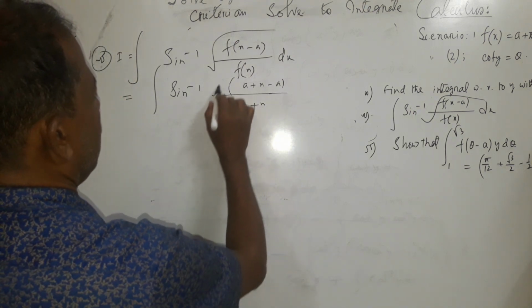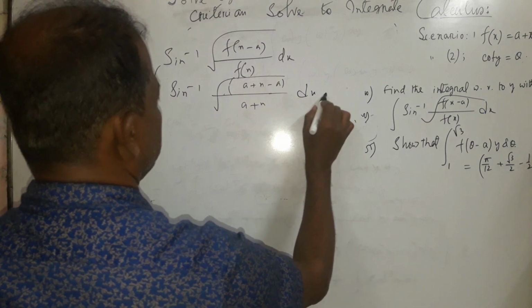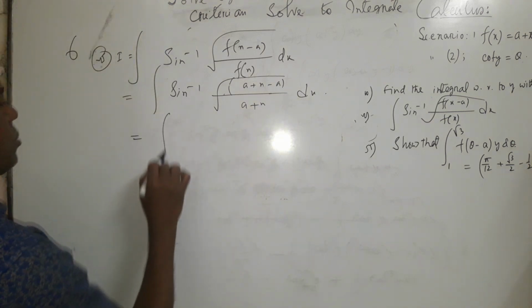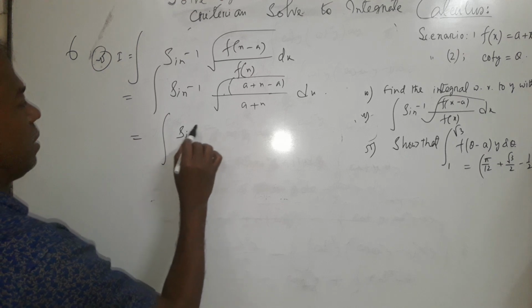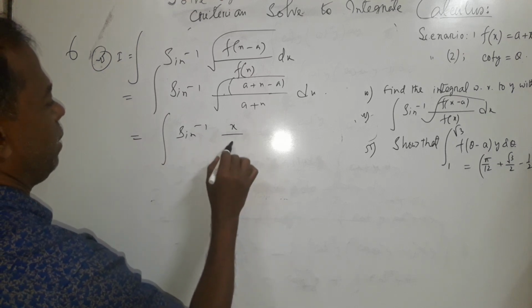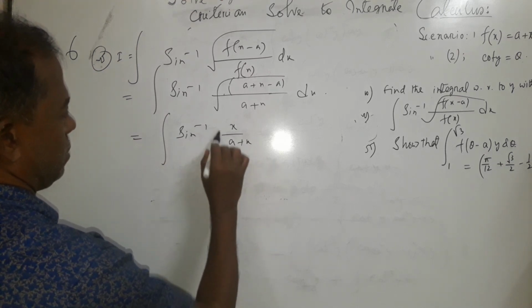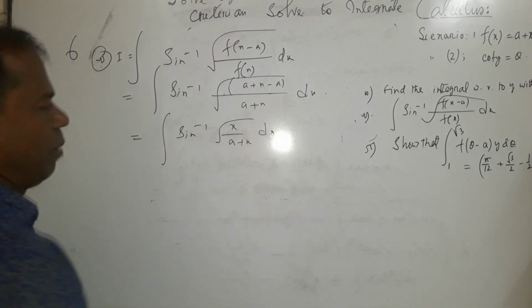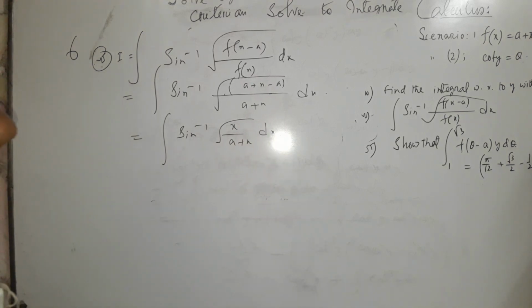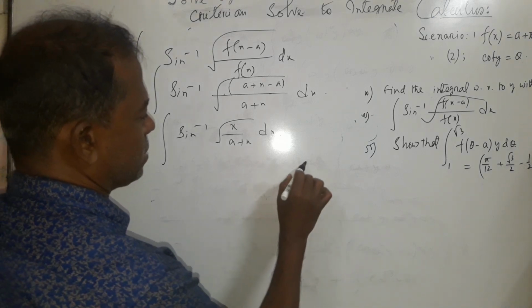This is the function. That's why sin inverse of the square root of x divided by a plus x dx. We have to think deeply. So firstly, a plus x,